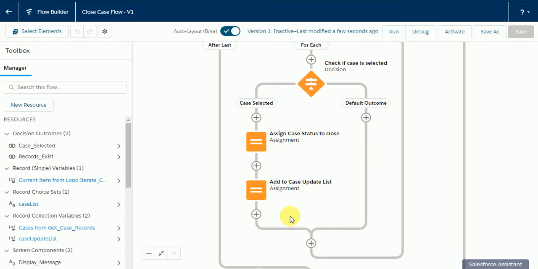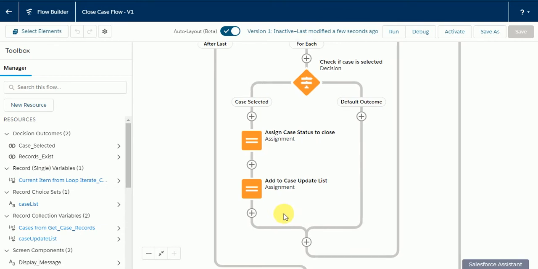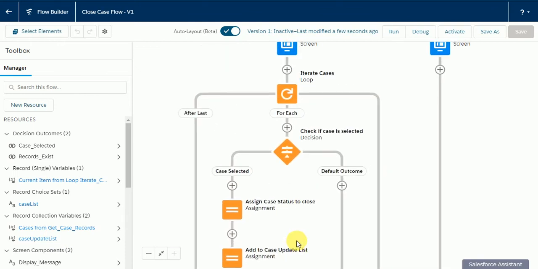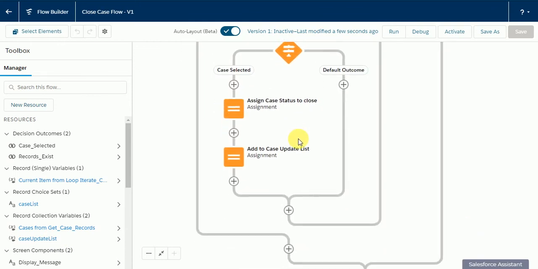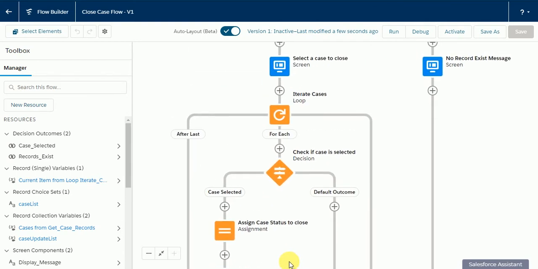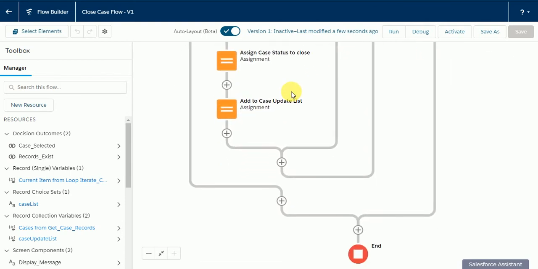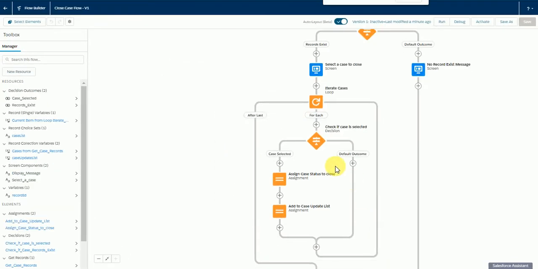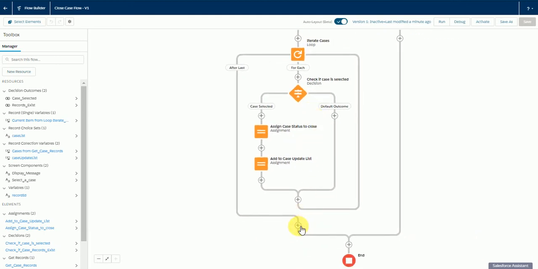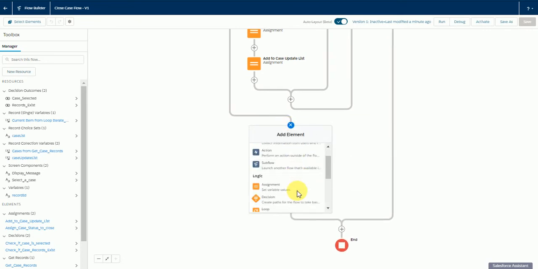Now we have to do one thing again here. The other thing is we have to update the case here using case update list record collection variable. So now I'll come back out from the loop. Once the loop is completed, the loop will end here, I guess. Yes, the loop will end here, and here I'm gonna add another decision box to